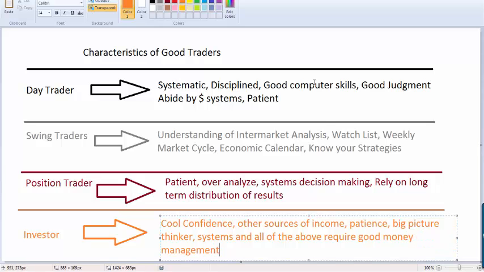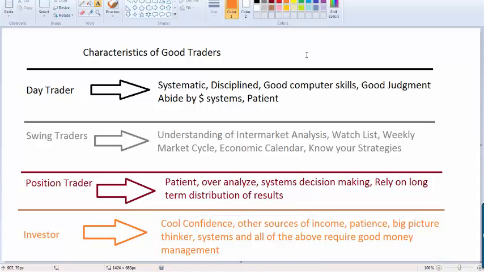Okay? Now look at those characteristics. Now, I probably left a few of them off. I'm just kind of thinking out loud here this morning. But look at those characteristics. Which one most describes where you're at right now or where you want to go? What you want to do.